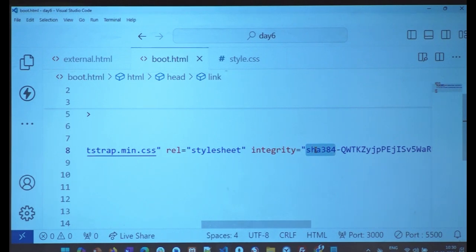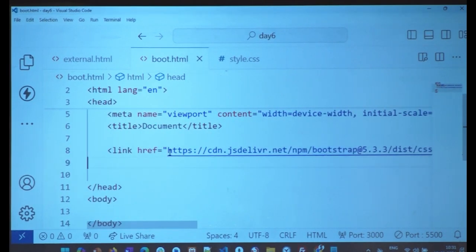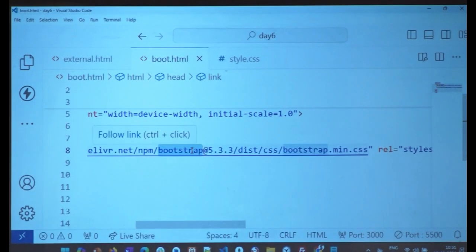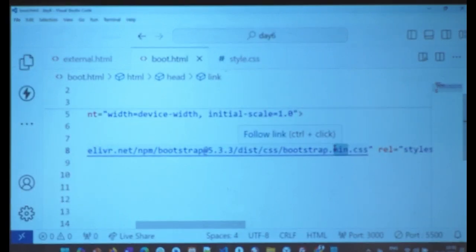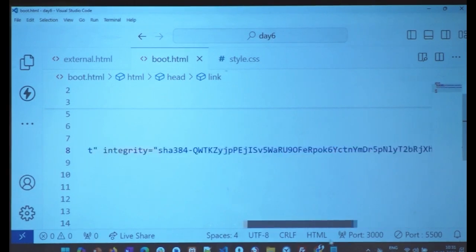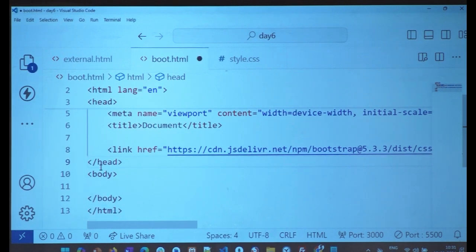What file am I trying to get? I'm trying to get bootstrap.min.css. Again I repeat, I have added a link. This is not my local CSS file. This is a CSS file at a different website called jsdelivr.net, right? 5.3.3 Bootstrap, that is a version, and it is in a CSS folder. It is min.css. I'll explain each one of these, but first let's look at how Bootstrap can change, right? So during the .com boom, everybody, cross origin is anonymous, we'll come to that as well. I'll explain, this whole thing will take about 5 to 10 minutes. Before that,